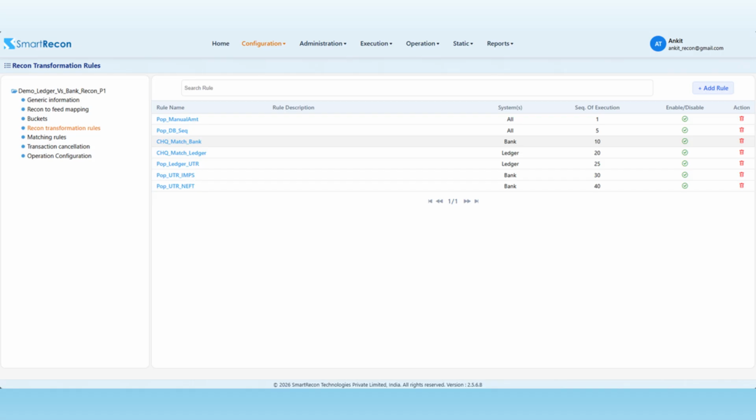As you can see in the image, we have multiple rules with different sequences. pop_manual_amt at sequence 1, pop_db_seek at sequence 5, chq_match_bank at sequence 10, chq_match_ledger at sequence 20, pop_ledger_utr at sequence 25, pop_utr_imps at sequence 30, and pop_utr_neft at sequence 40. Let me explain one of these rules in detail.